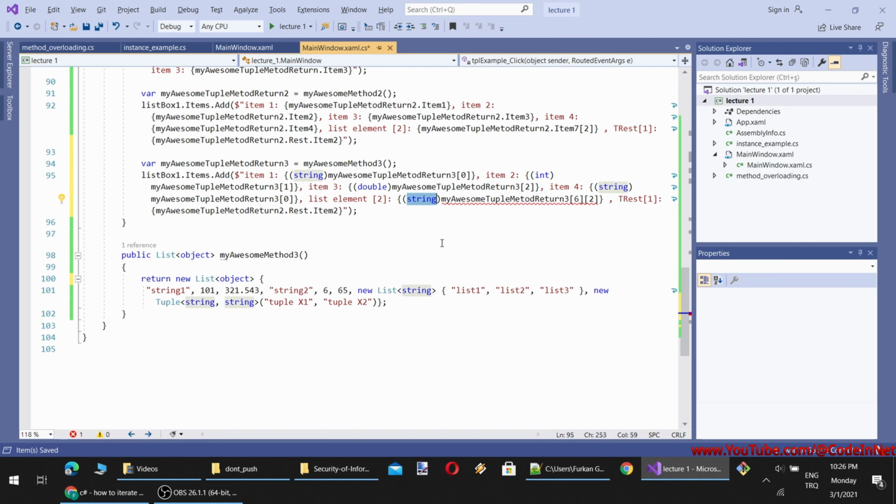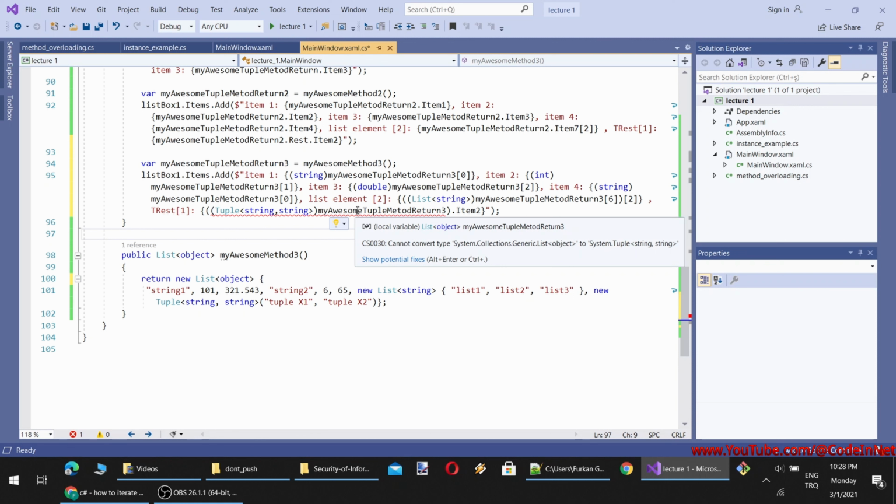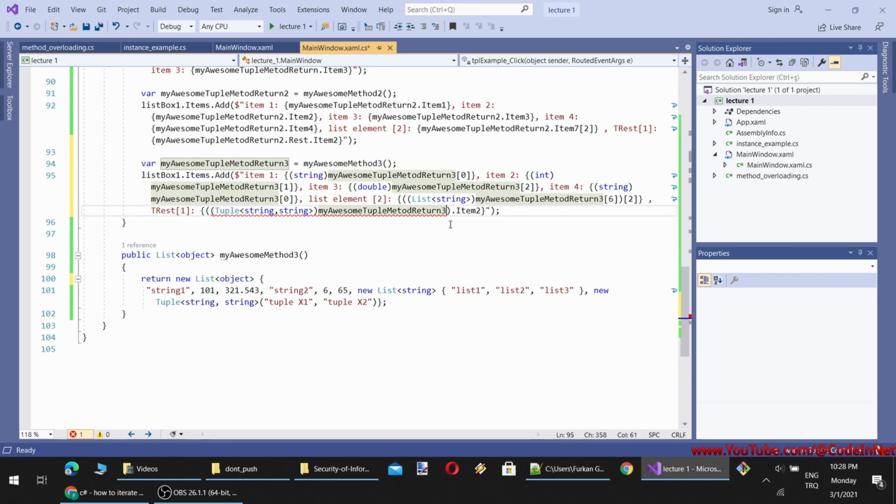However, to be able to access it, you see it becomes much more complex here. The same rule will apply on this one as well. Okay, so this will be a tuple. This is bad programming, but to be able to show you, I am doing it as an example. This is bad programming, believe me. Okay, we have some problem. Now you see, it says that it cannot convert object. Oh, I know the reason. I have to define the index of the item, which is 7.